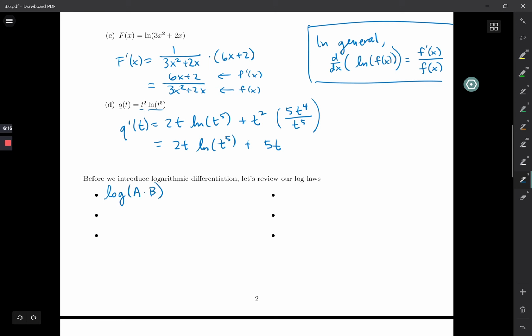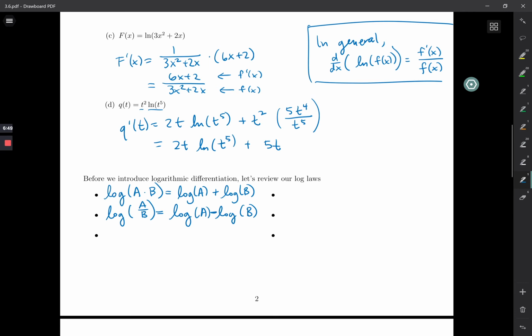So first of all, if we have log of a times b, this can turn into log of a plus log of b, right? And then also we have log of a over b, and this is equal to log of a minus log of b. So when we have a ratio, we get